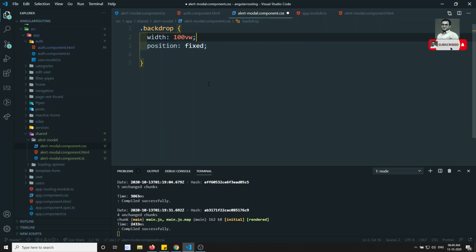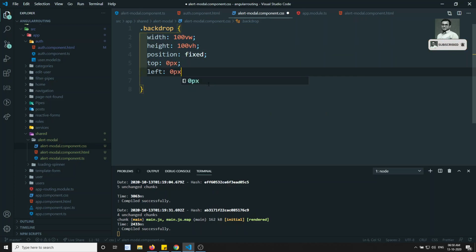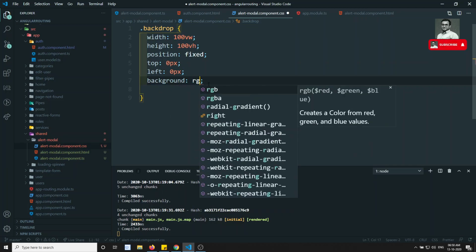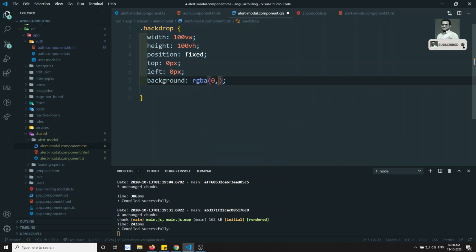The height is also 100 viewport height. Here top is equal to 0 pixel, and left side also 0 pixel. And the background color, what I can give is RGBA of 0, 0, 0, 0.75 or something like this. Okay, so this is the basic backdrop.